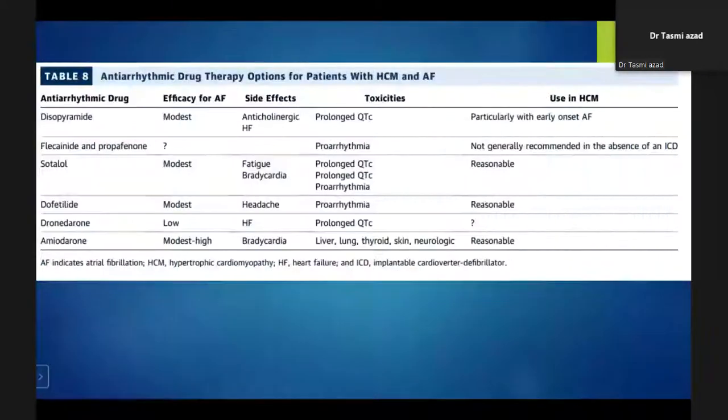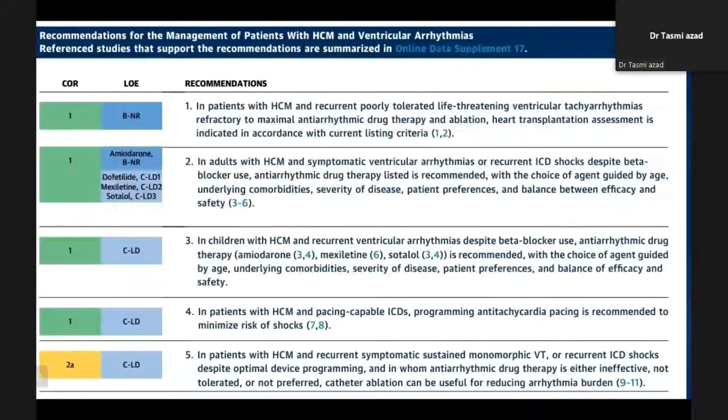There are some antiarrhythmic drug therapies that will help. Disopyramide is the choice, particularly with early onset AF. In the recommendation for management of patients with HCM and ventricular arrhythmia, they recommend maximum antiarrhythmic drug therapy. If the patient presents with HCM with life-threatening ventricular arrhythmia like VT, VF, which is refractory to optimum medical therapy,